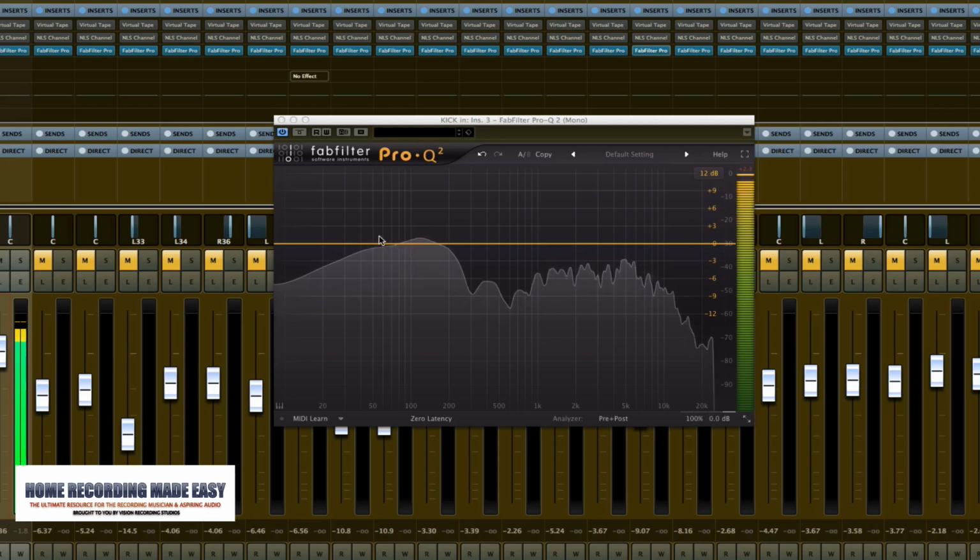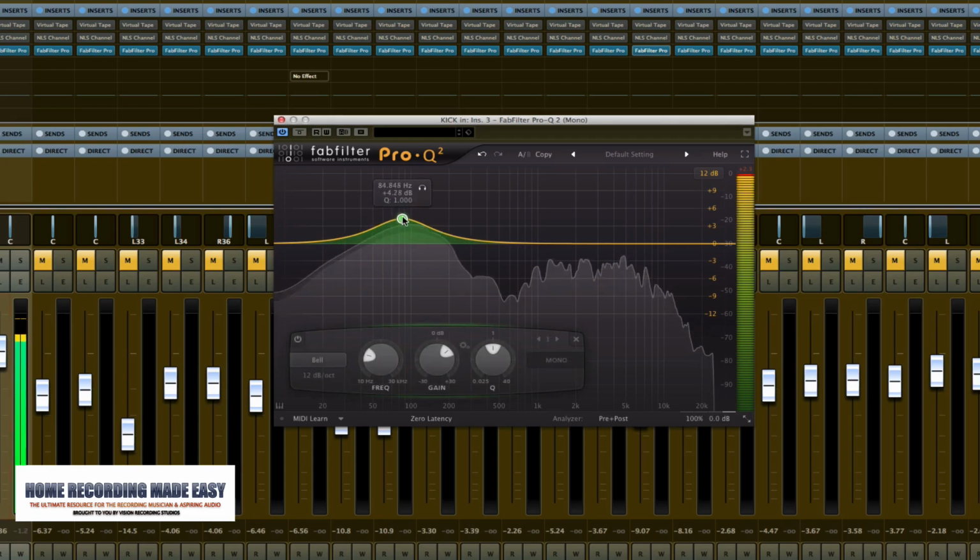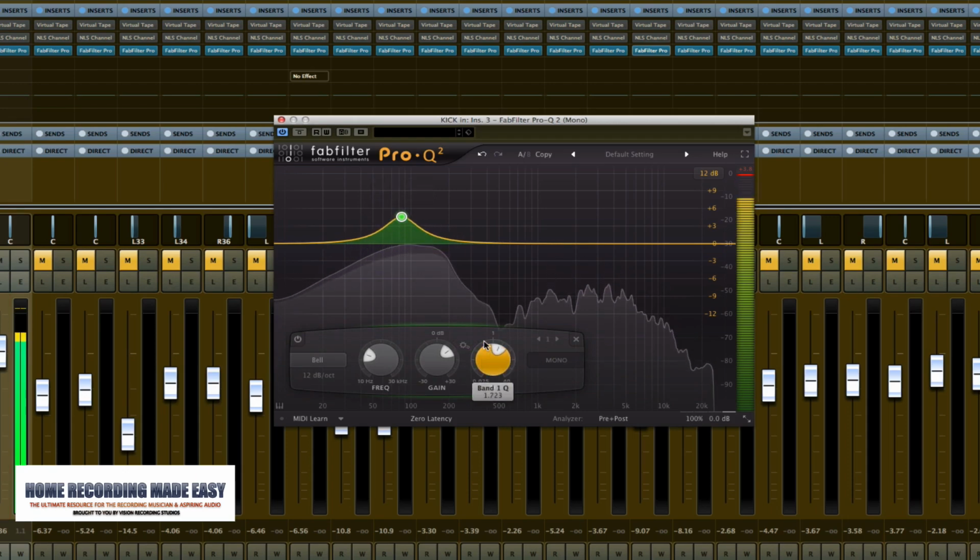So the very first thing I like to do on the kick drum especially is I want to find the fundamental of the instrument, fundamental frequency of the instrument. Which means, where is the instrument, where would we be doing a little boosting to really bring out the body and the real fundamental frequency of that instrument. So on a kick drum, if we bring up a point here and kind of narrow the Q,